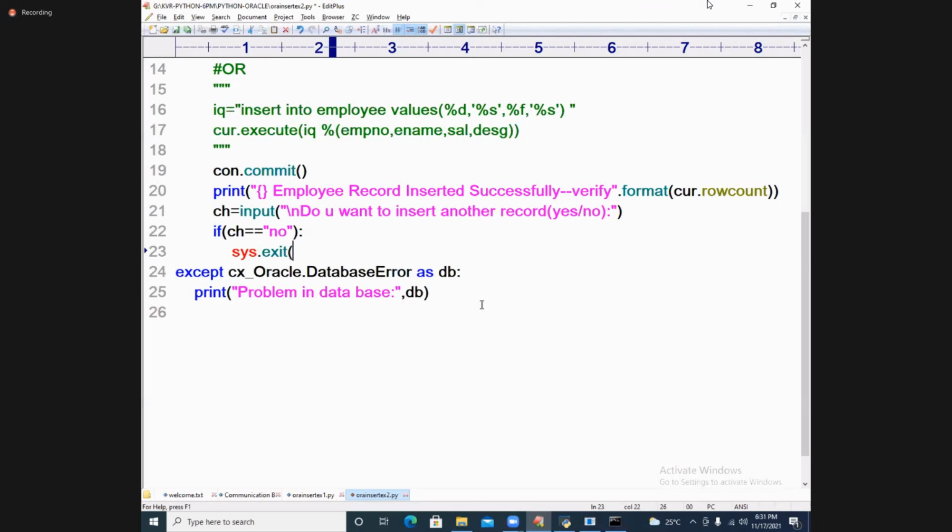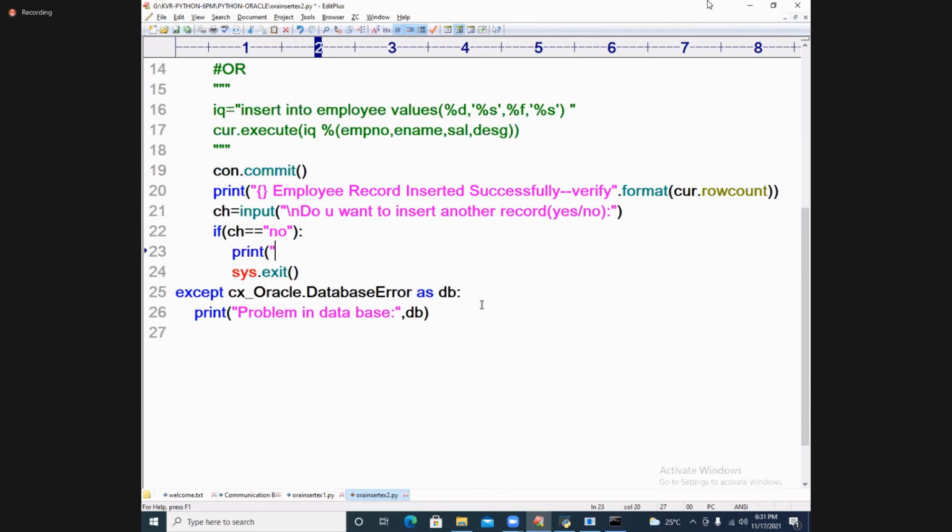Sys.exit. Exit means come out of that. Print some message: Thanks for using this program. I hope that you people are getting me.